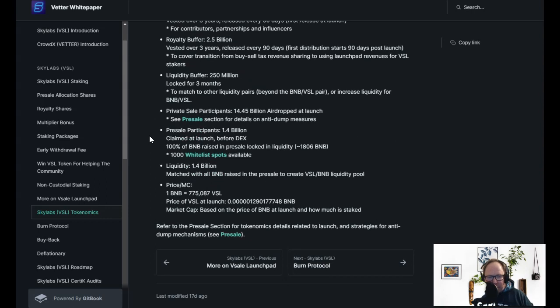Private sale participants is 14.45 billion airdropped at launch. You can see the pre-sale section for details on anti-dump measures that will be put into place. Pre-sale participants is 1.4 billion claimed at launch before DEX, and 100% of the Bmb raised at the pre-sale is locked in the liquidity, which is approximately